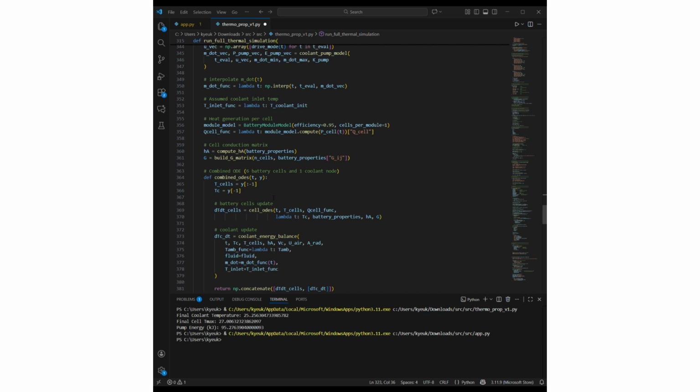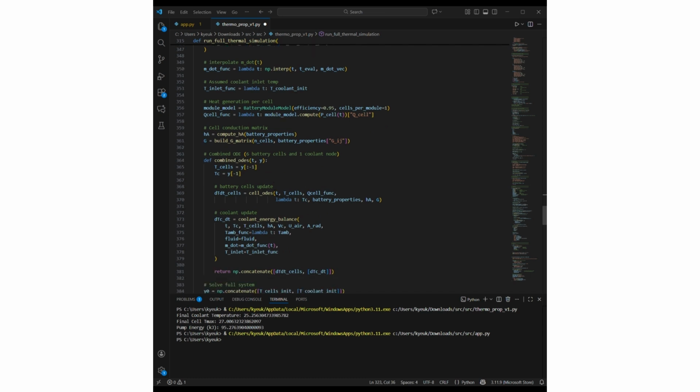And then the combined ODE function represents the entire 6-cell module plus the coolant node as a seventh state system. Then SciPy uses the solve IVP to integrate the temperature over the desired time span